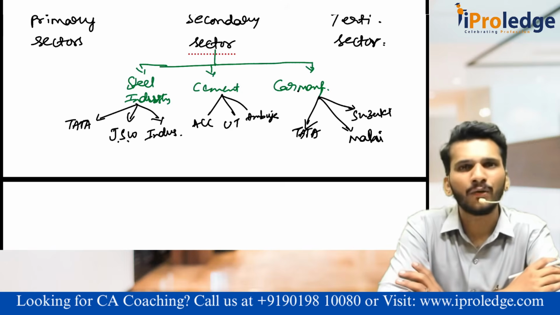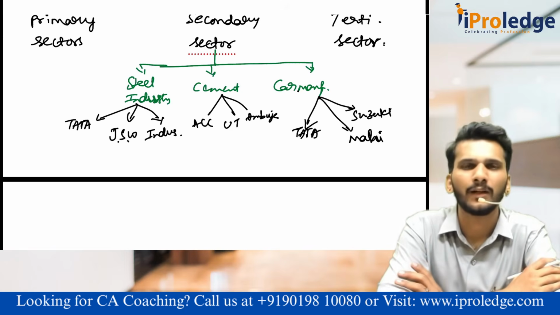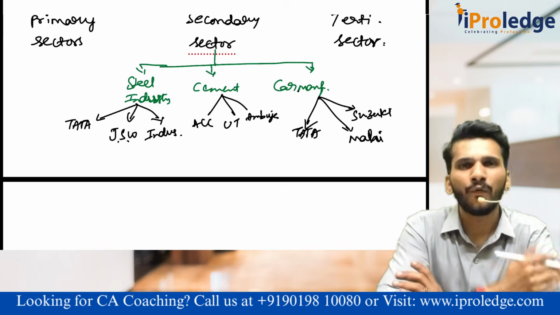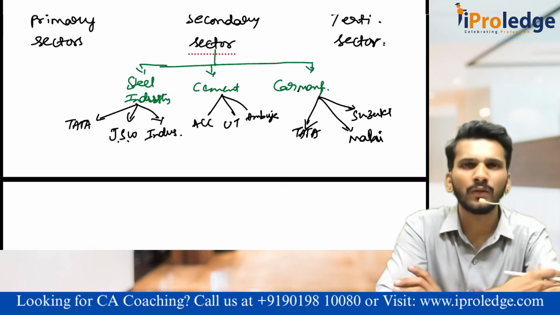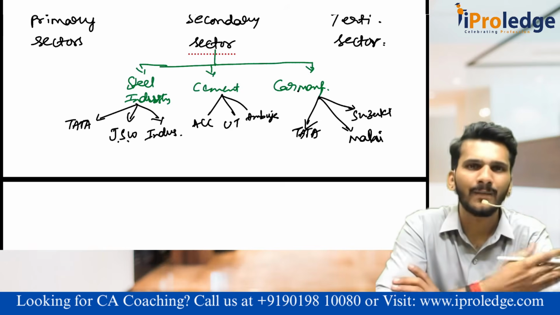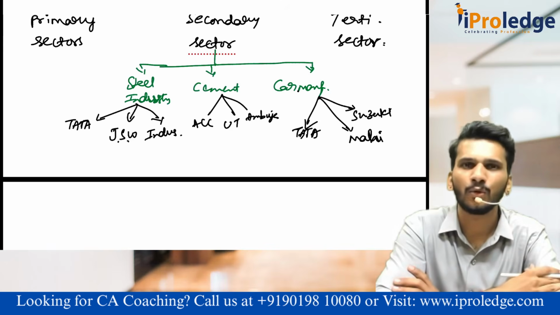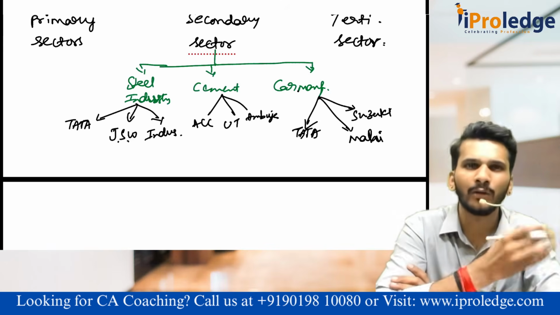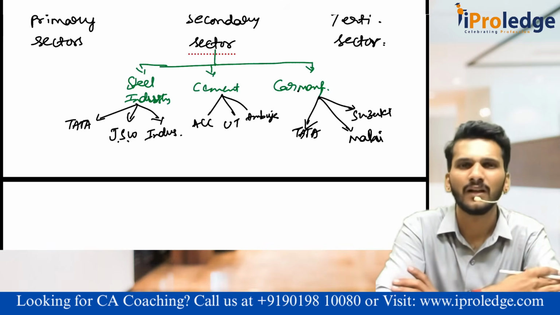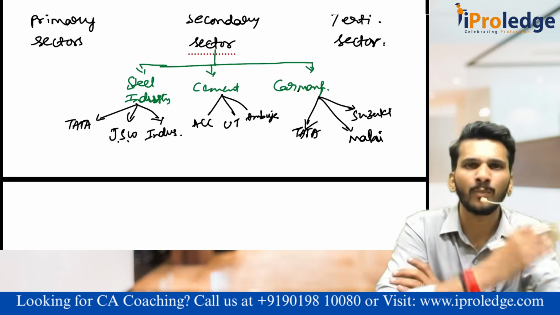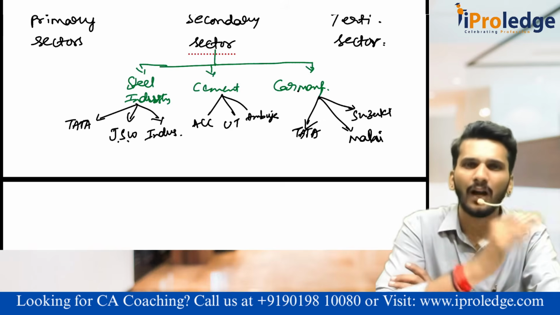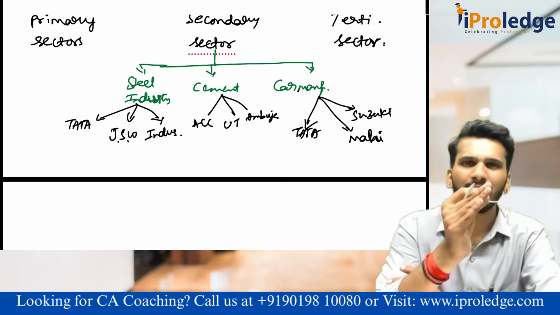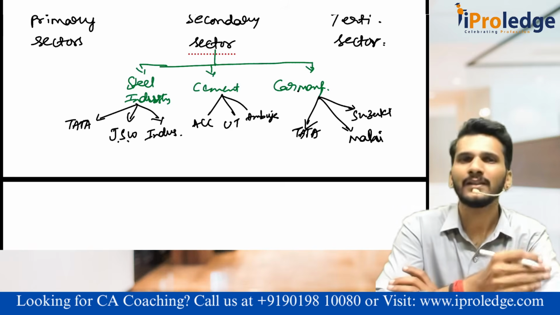knowing or finding out the national income is too difficult. I agree. But isn't it easy for Tata Steel to find out their own income? How much they have produced? Yes, Tata will always know that, because it is a company. It also has to comply with the Companies Act 2013. Again, preparation of the financial statement, Schedule 3 compliances. So many compliances are there, for which they keep track of all those things. How much they produced, how much they sold, what is the opening stock, what is the closing stock. Everything is there. It is difficult for Tata Steel to know the national income, but